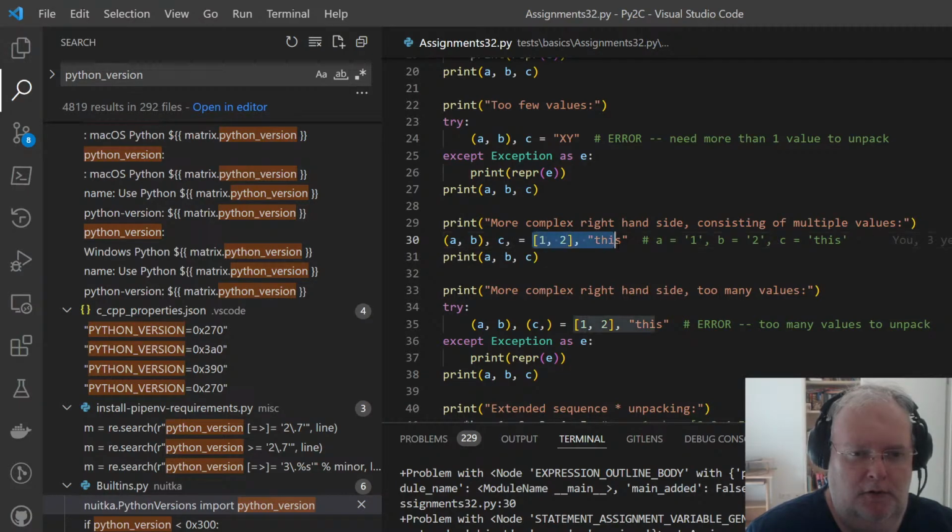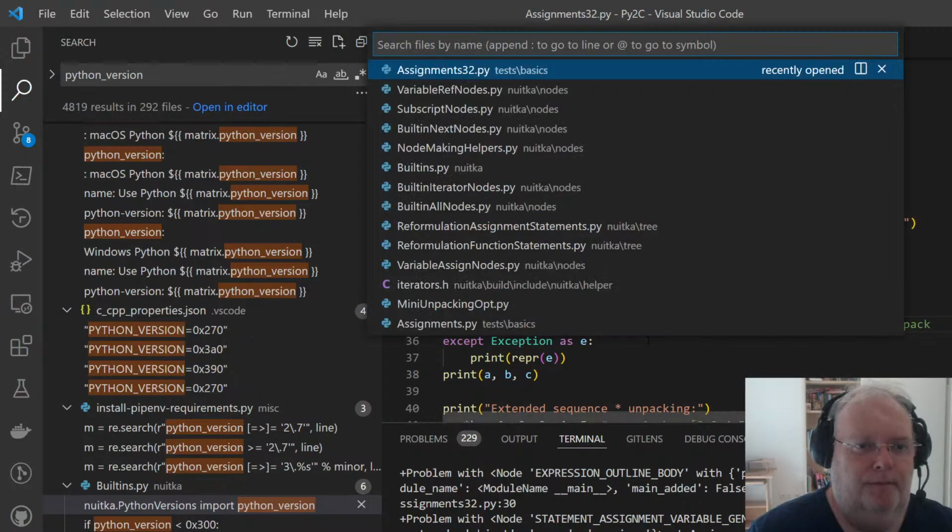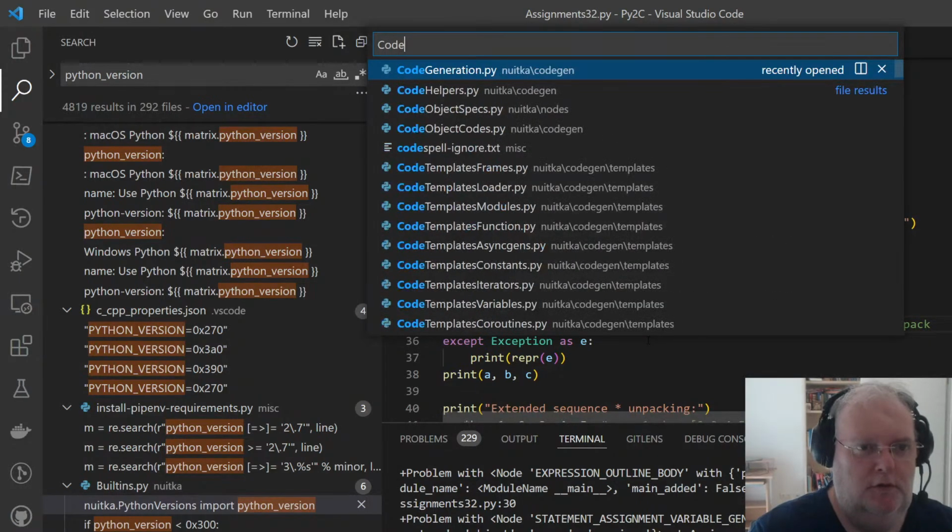So that's pretty constant. Yeah, it would appear that the nested unpackings are not optimized well. Okay, but we need to do code generation.